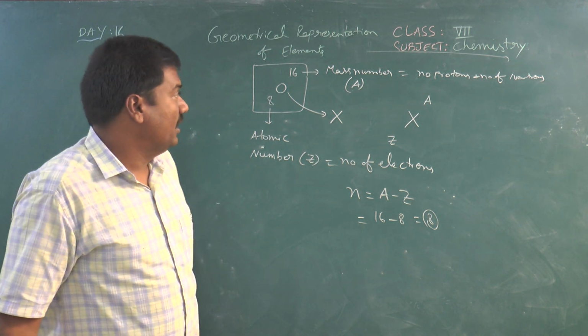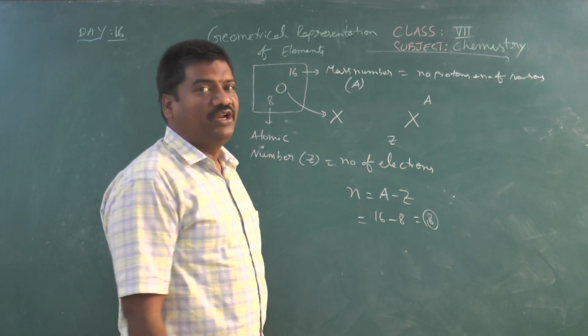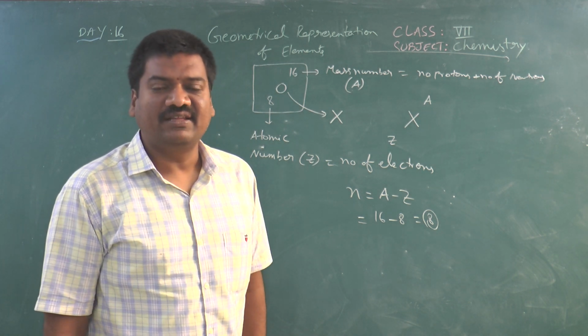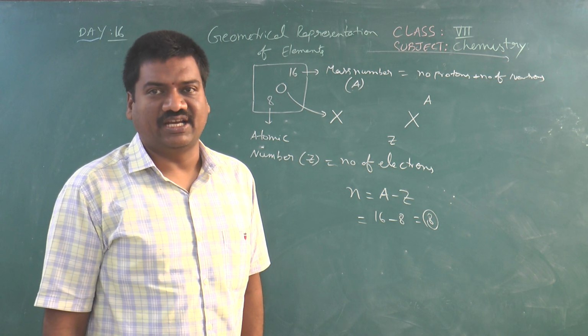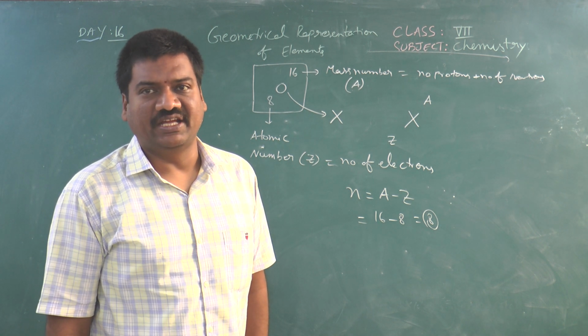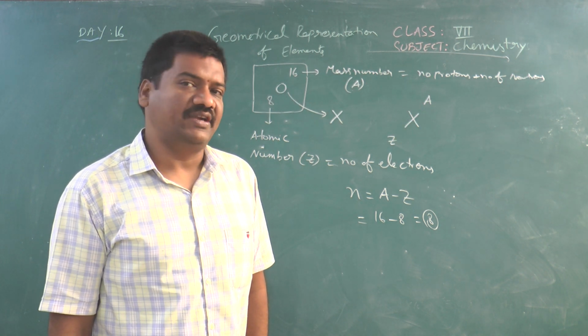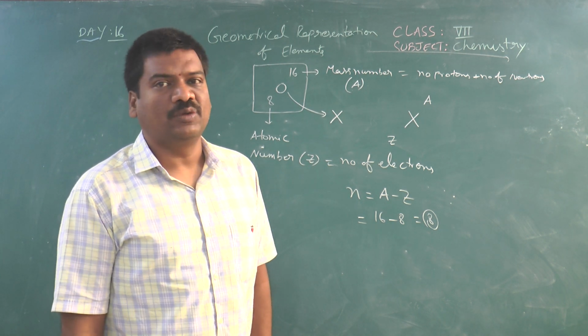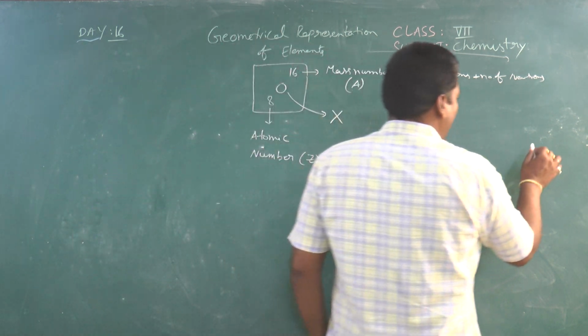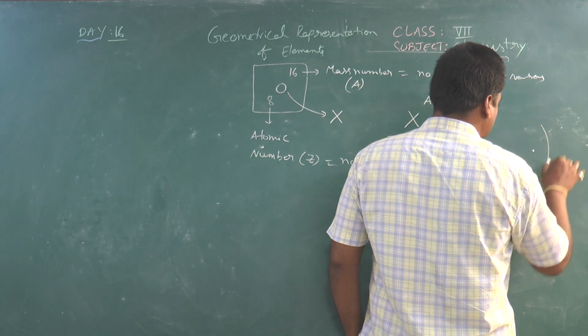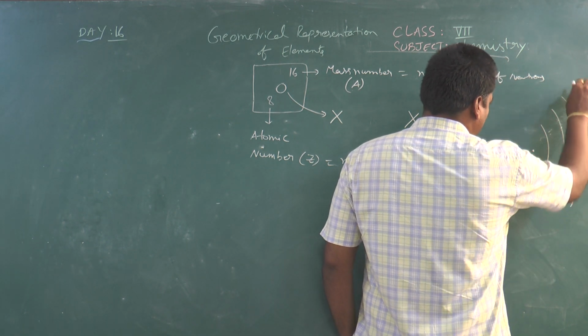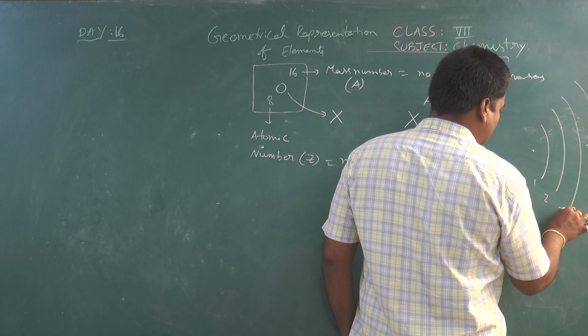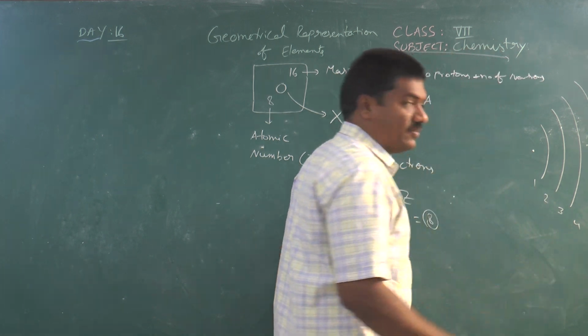According to the Bohr-Bury rules, for whatever element we take, if the outermost shell has octet stability, meaning 8 electrons, that element is stable. According to the Bohr-Bury principle for the distribution of electrons, there are orbits: first orbit, second orbit, third orbit, fourth orbit, like that an infinite number of orbits.